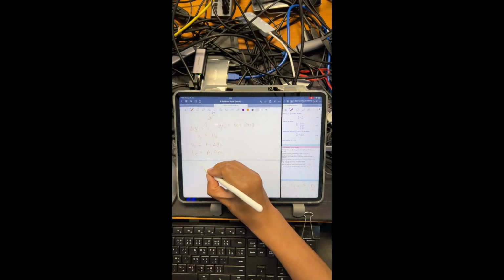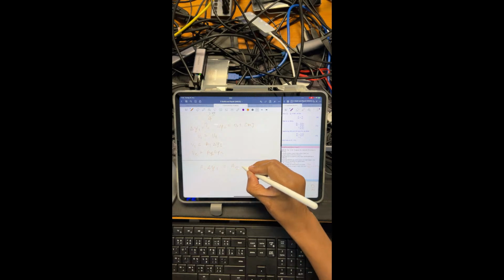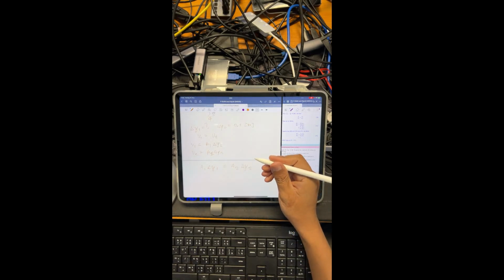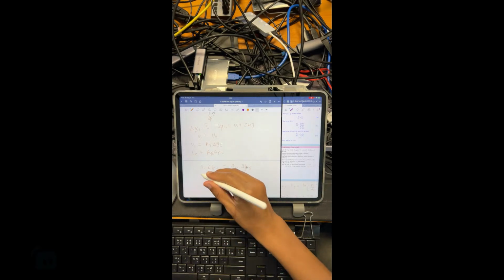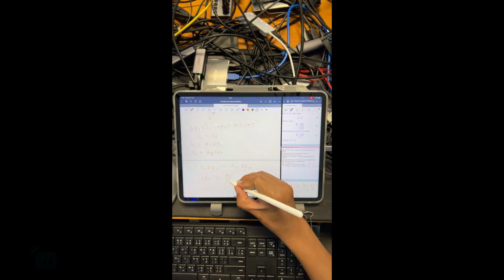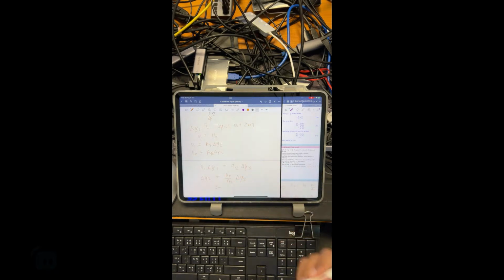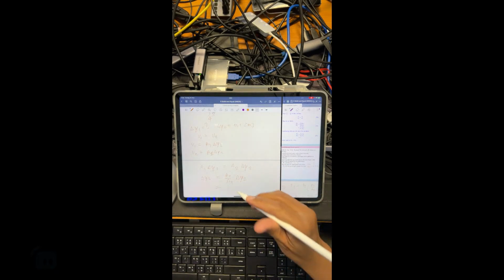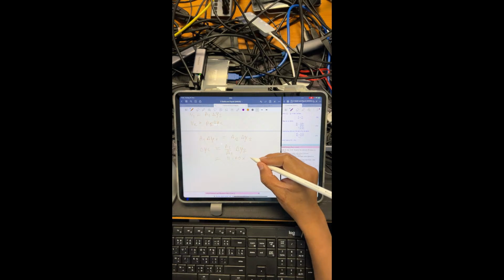We have A1 delta Y1 equals A2 delta Y2, and we want to find delta Y1. We move A1 from the left side to the right side, and we get delta Y1 equals A2 divided by A1 times delta Y2. And A2 by A1 is pi times 20 centimeter squared